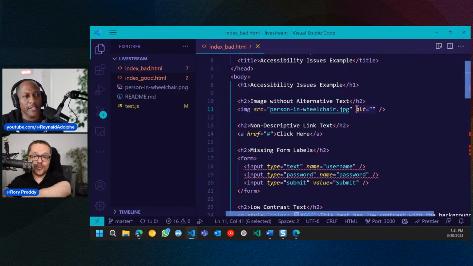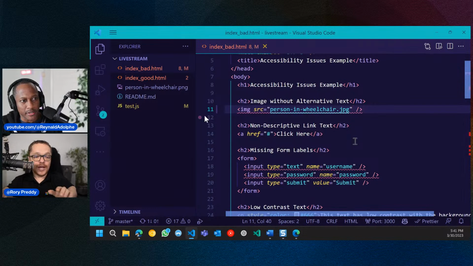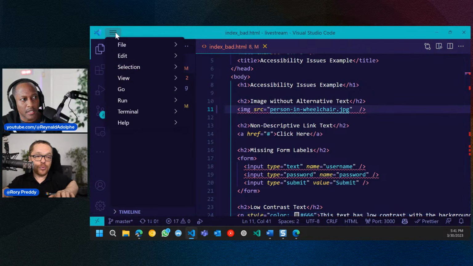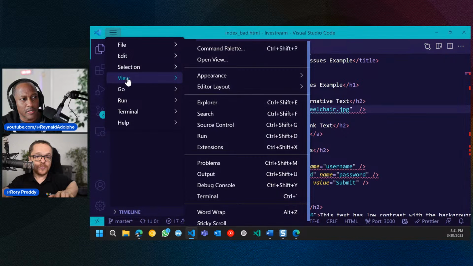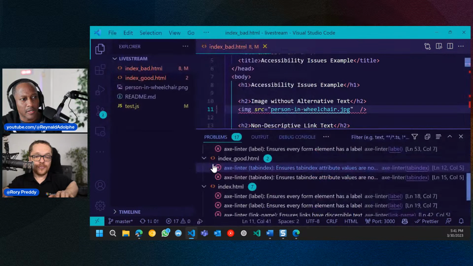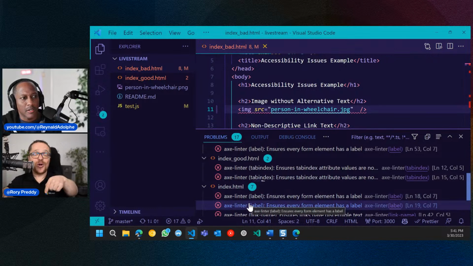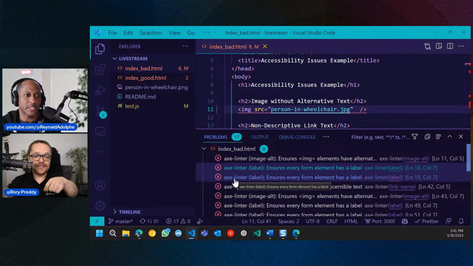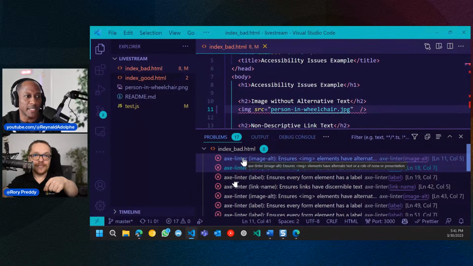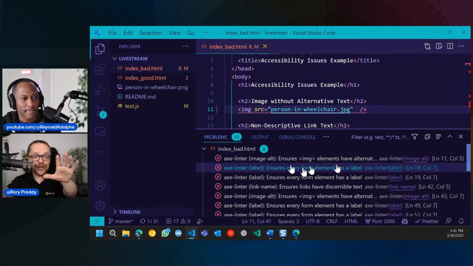But hold on. You're mentioning these errors, are those popping up on your screen? Yeah. So if I go to view and I go to problems, those are all in your gutter. Okay, because you were mentioning them, but I wasn't seeing the errors. I just saw some squiggly lines, but I didn't see them popping up. It actually tells you where it is.